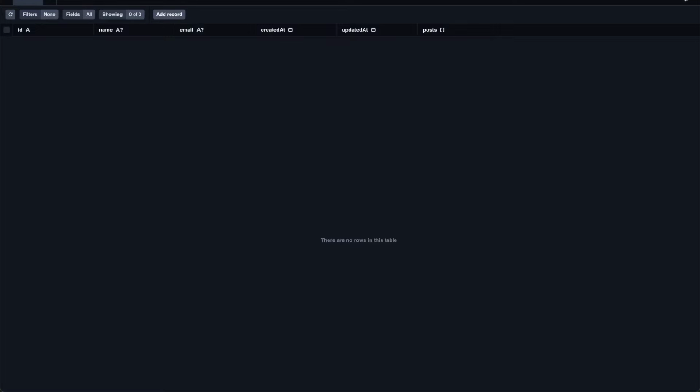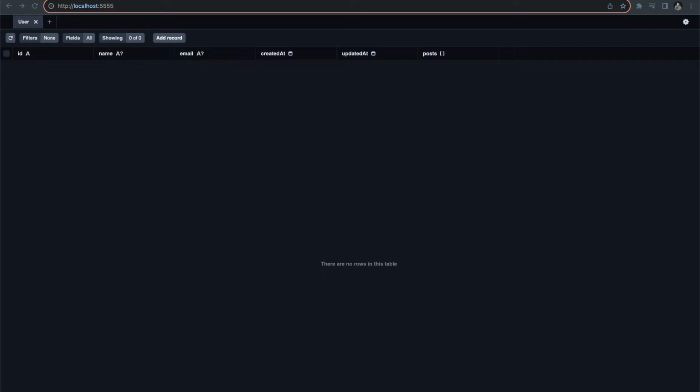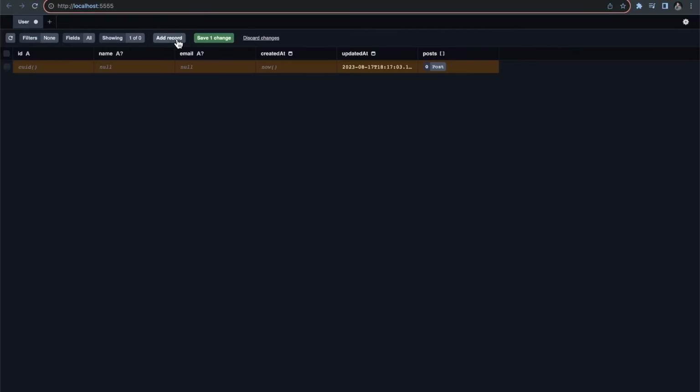And let me actually adjust this just a bit so you can see where I'm at. So I'm still just in my Prisma Studio here. And then I'm going to click on add record. For this, it's automatically going to generate a user ID here, but we want to put in a name. So I'm just going to use myself as this user here. So Ryan, and then my email is Ryan at